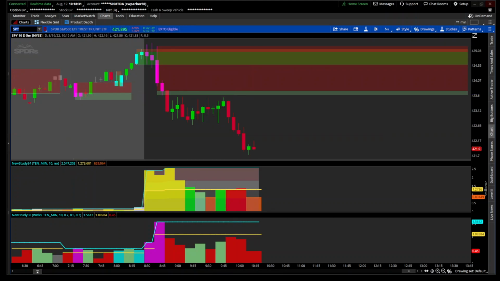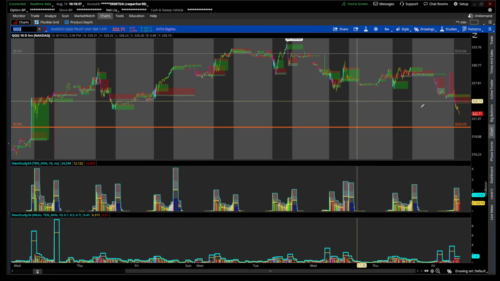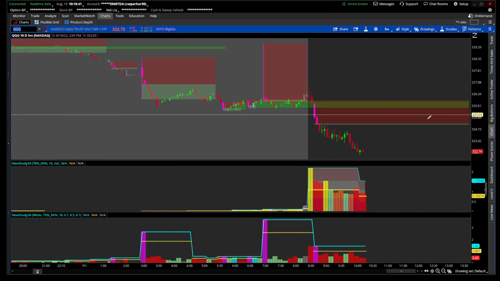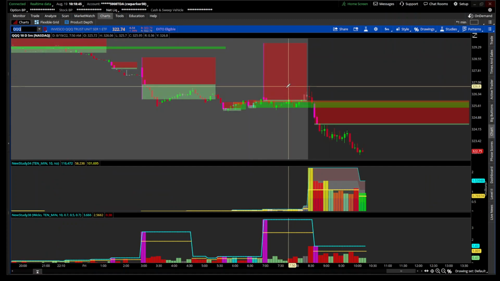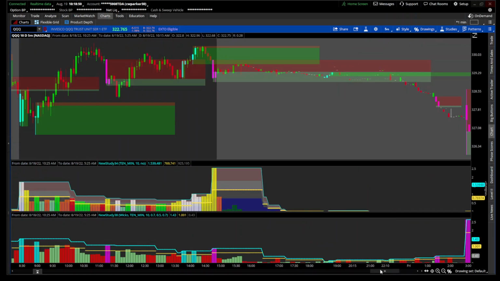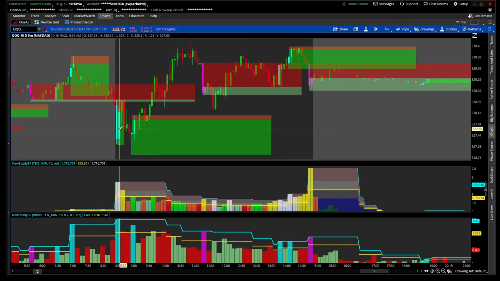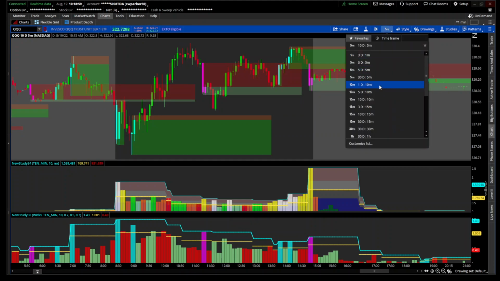Let's go look at the Qs. This is ridiculous. I forgot what came out this morning, but it's basically the same thing that's going on. You can actually, like I said, use this as an area of support or resistance indicator as well. But like I said, it's mainly for volatility,